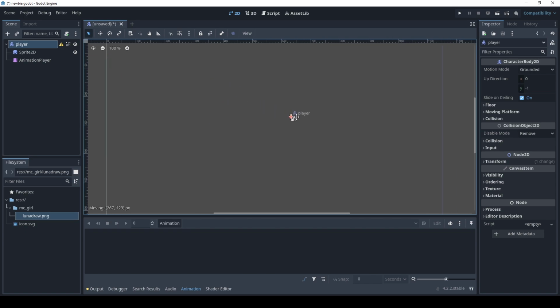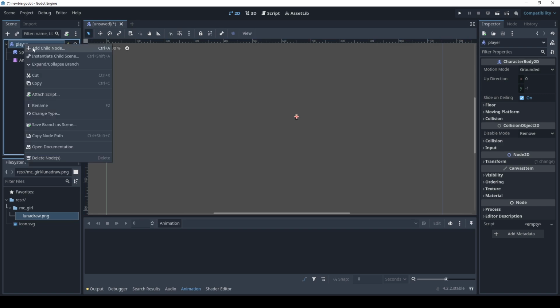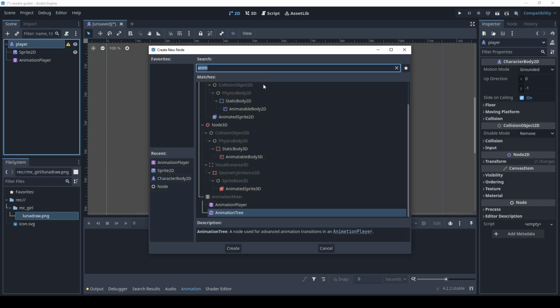Oh yeah, before we go to the animation player, we need something that gives our player the ability to collide, like interact, or something like that. So again we right click and add child node.